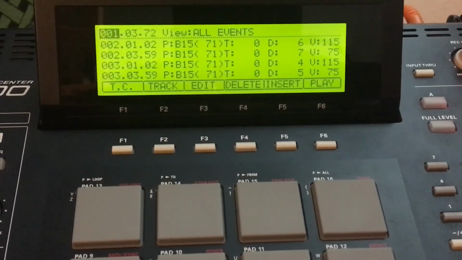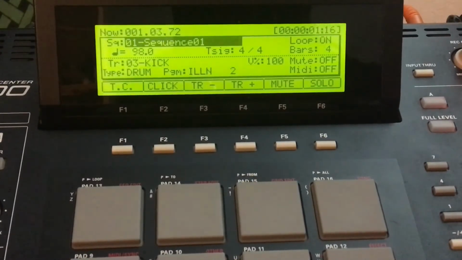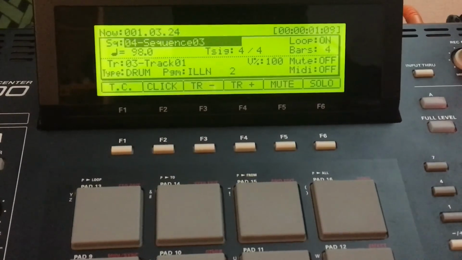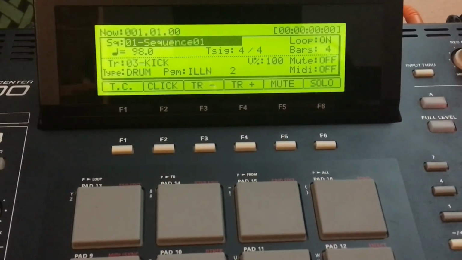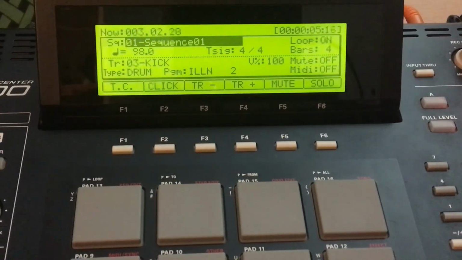All of them are on because of sequence 3, but let me turn them off by doing this. Main, sequence 4, stop, sequence 1. You should only hear the kick, because the other ones got cut off by sequence 4. So to make sure that all of them turn on, like the kick,